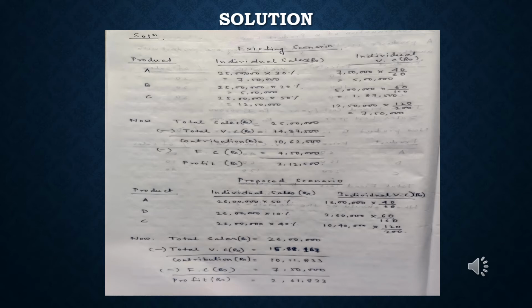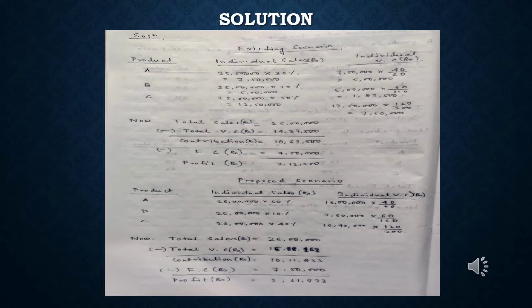I am repeating it once more. Total sales divided by selling price per unit, that is for A, 7,50,000 divided by 60, gives us the number of units produced. The number of units produced into the individual variable cost of A should give me the total variable cost of A. Similarly, that can be done for product B as well as C. So we achieved the figures of rupees 5 lakh, 1,87,500 and